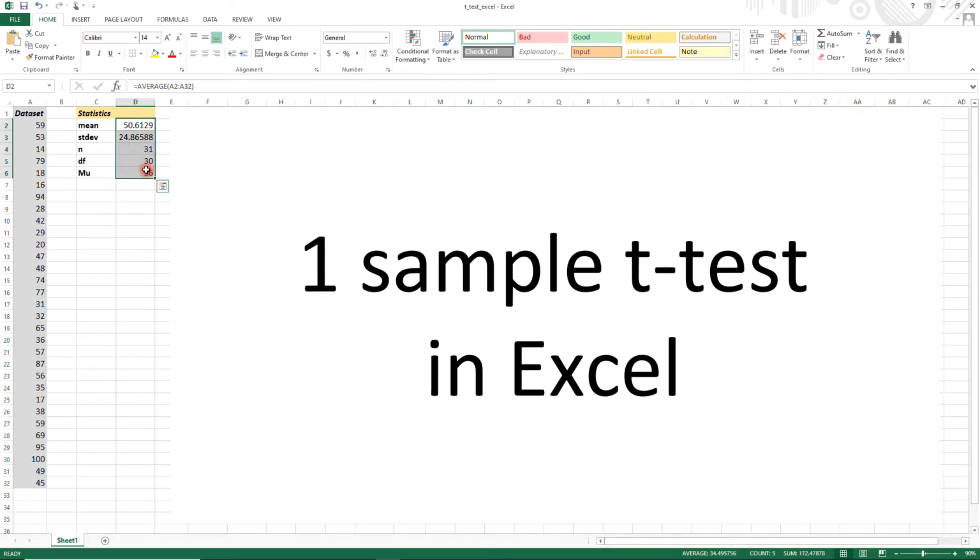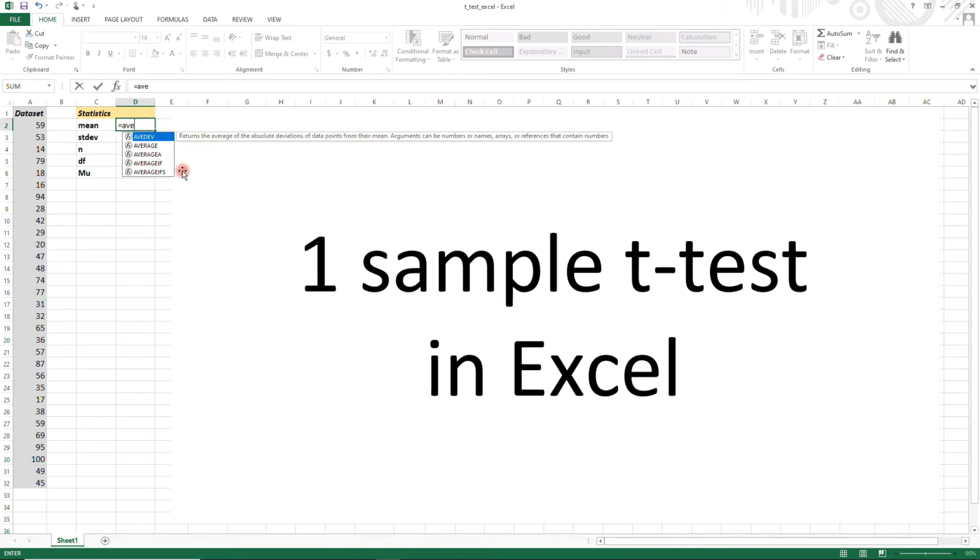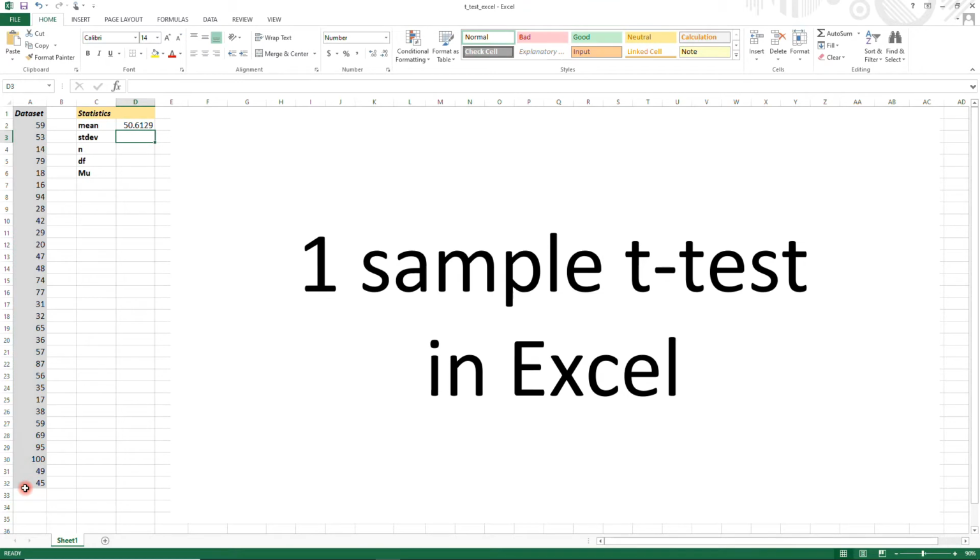So I'll just redo this quickly here, just using Excel. For the mean, of course, average, the same thing. So you can type =, average, open the parentheses, grab your data, and you'll see the 50.6129. Standard deviation, same idea, different function, stdev, open parentheses,